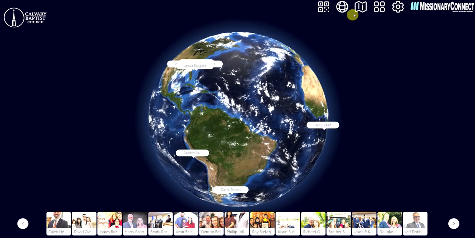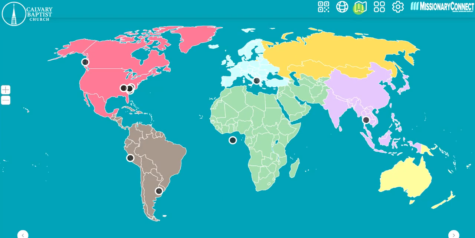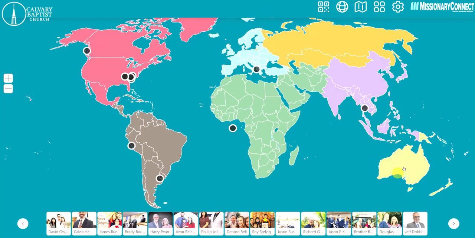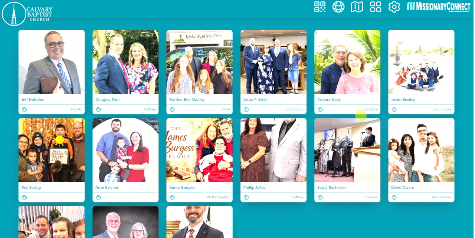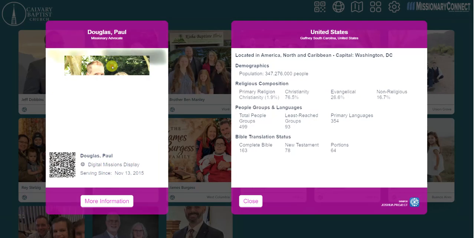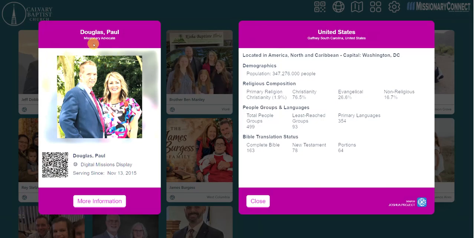The second view is your map view, so basically a 10,000-foot view of the world and where the mission is focused. The third view is your card view, so you've got all your missionaries at a glance, and you can click on those. Clicking on a missionary will allow you to view their name, and you can scan this QR code for their email. It'll automatically populate an email,